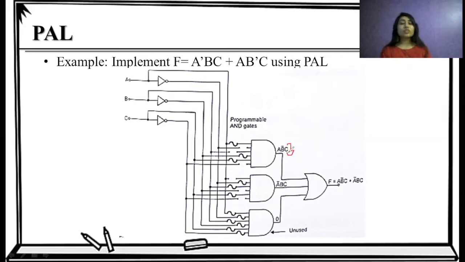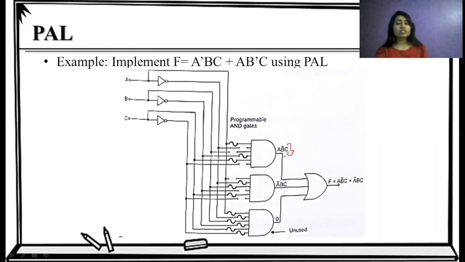A connected link means we provide a path to the AND gate. If we don't provide the path, that variable is unconnected in the product term. So the variables required in the product term are just connected with the link, and if they are disconnected, that variable is not present in the product term. So we have the term a b dash c, and here we have the term a dash b c. This is how we make the connections for a dash b c. So here we have the two terms.